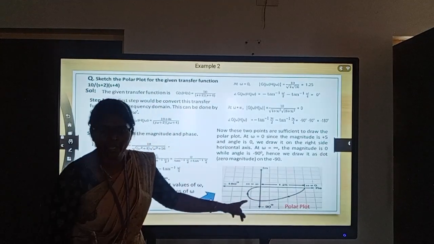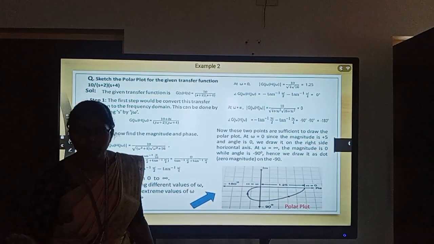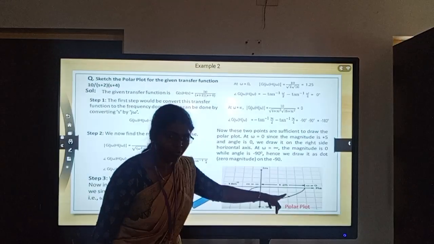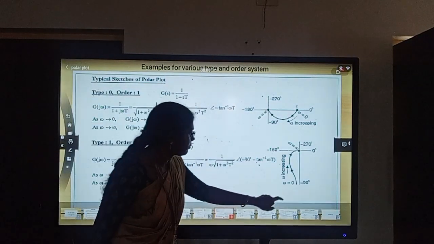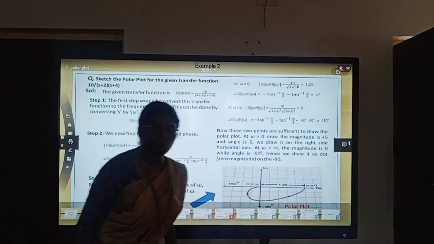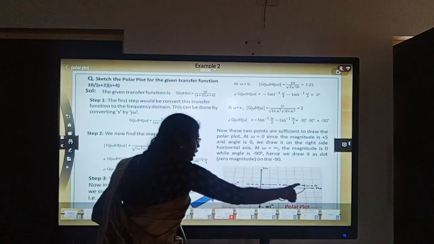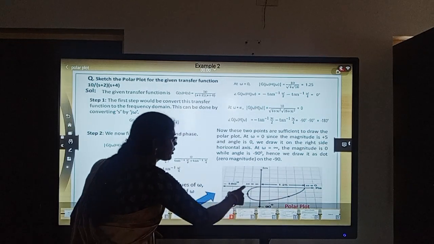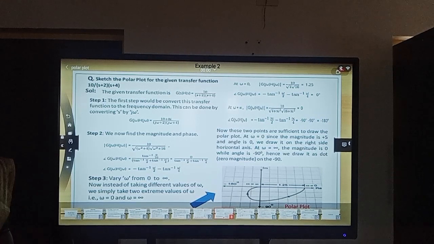For one scale, what I am doing? For 1 centimeter, I am considering 0.25 unit. So it is 0.25, it is 0.50, it is 0.75, it is 1, it is 1.25. So 1.25 is where omega is 0. So from 0, when omega is infinite, what is the angle? Minus 180 degree. So it should touch the next one. So this is how you will be plotting the polar plot. Are you clear with the second example? So the next is,